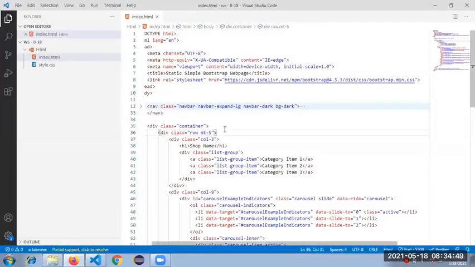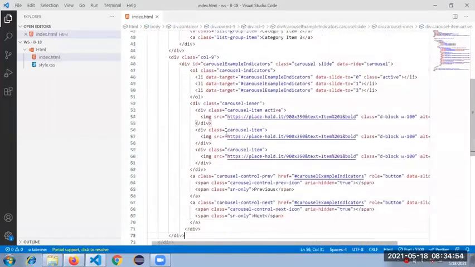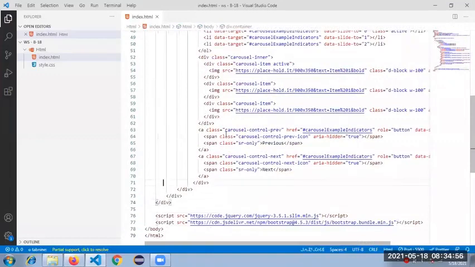Why is the text not coming in? Okay, yeah, we can give some text, guys. Here the image is there, right? So let me give the text equal to item 1, like that.